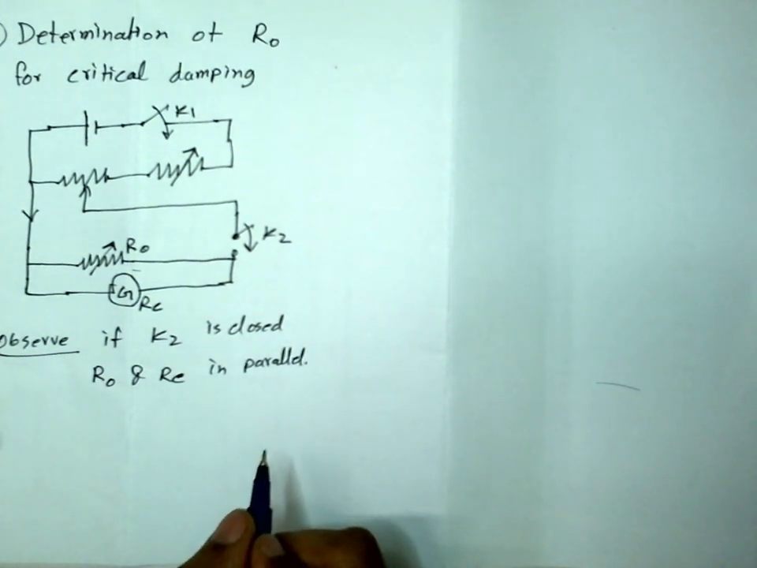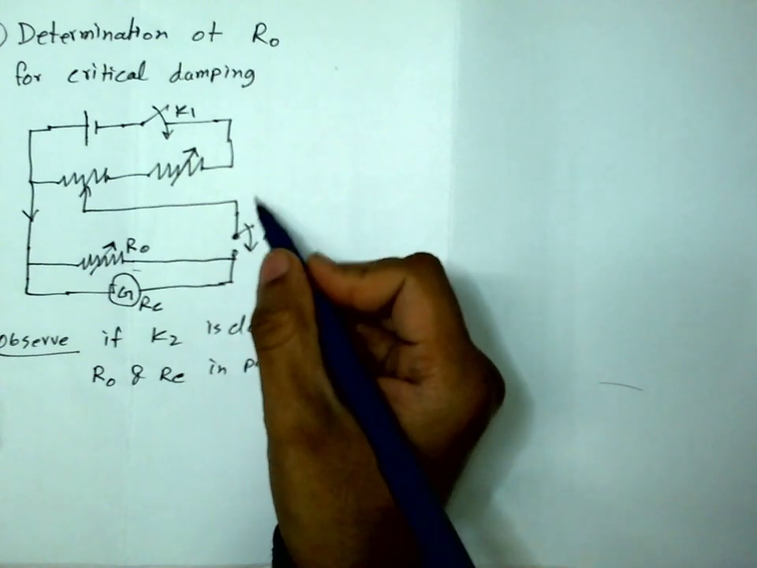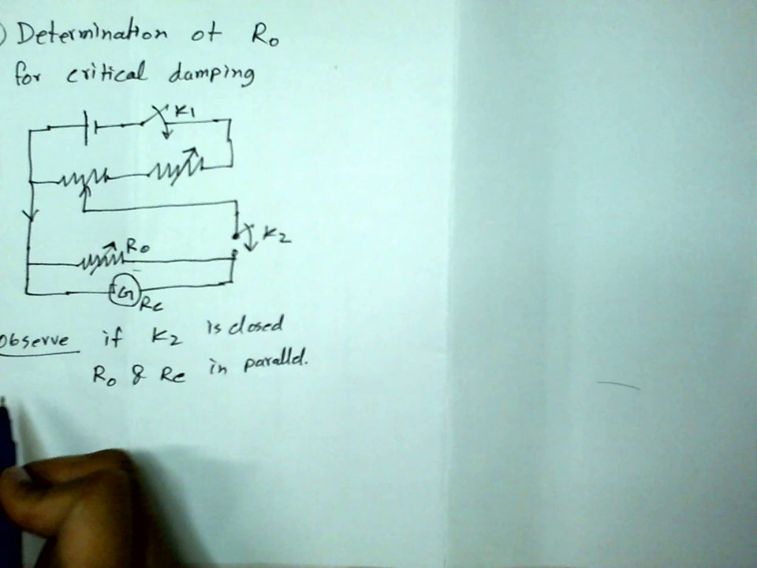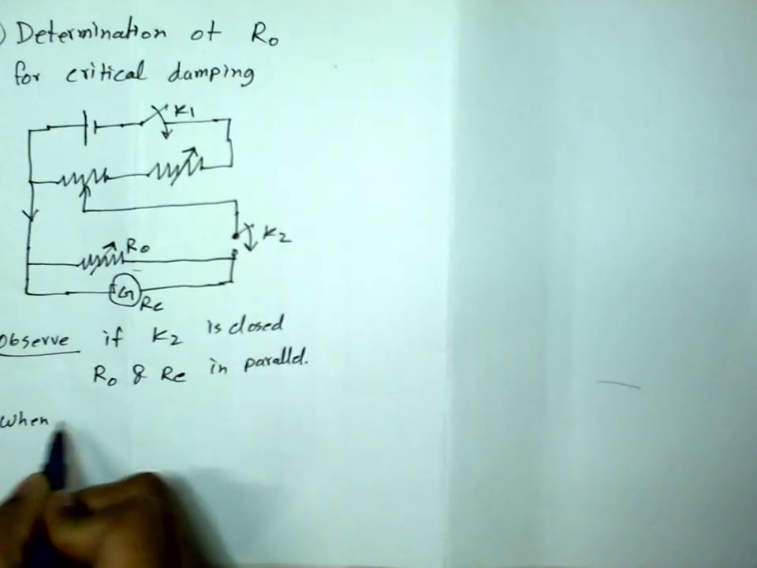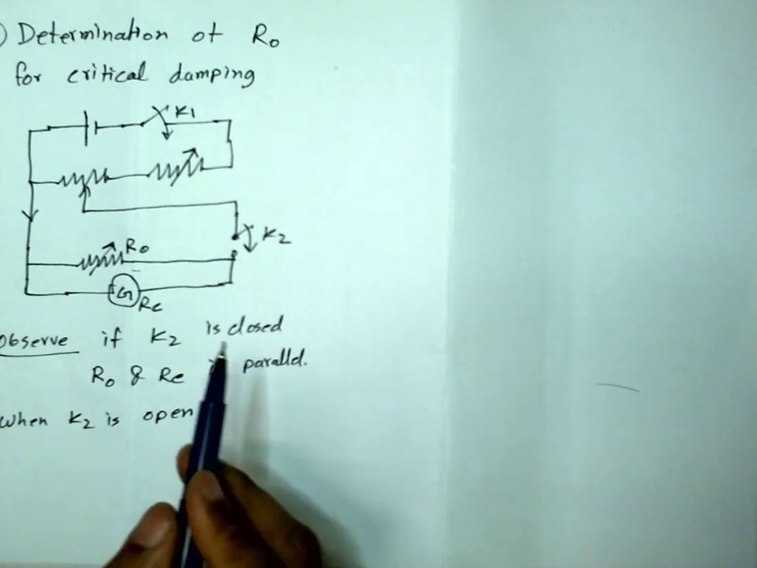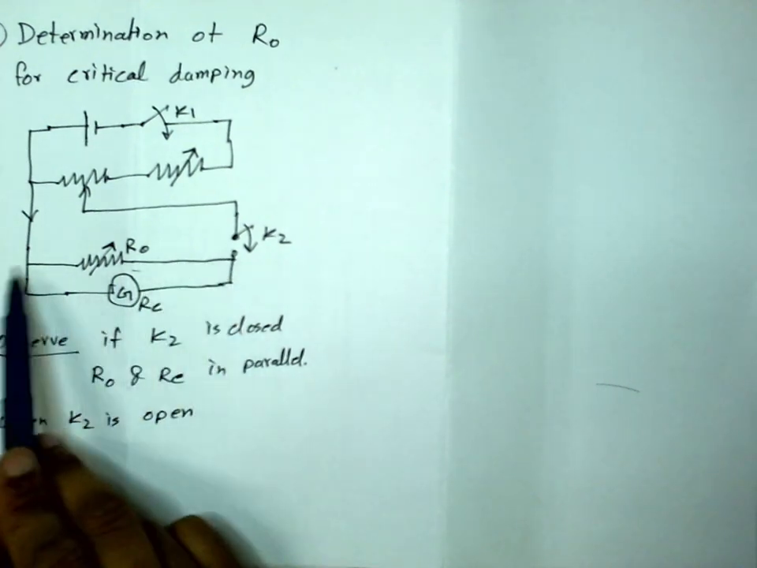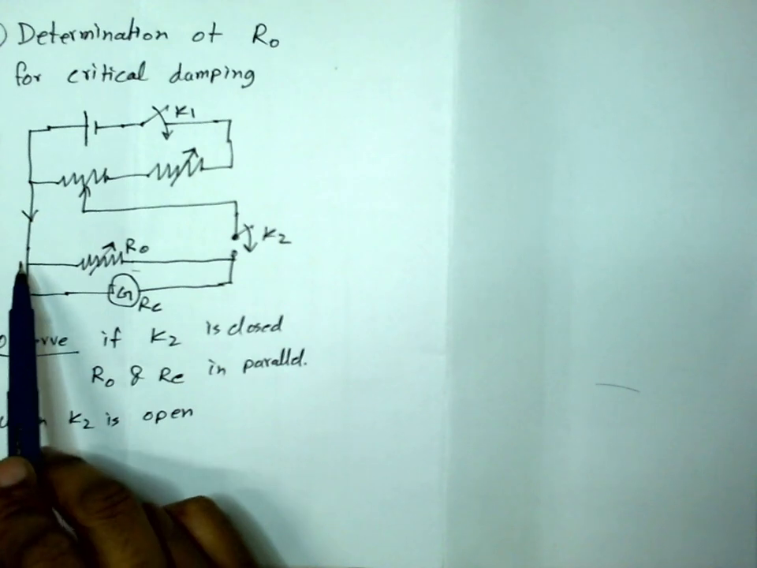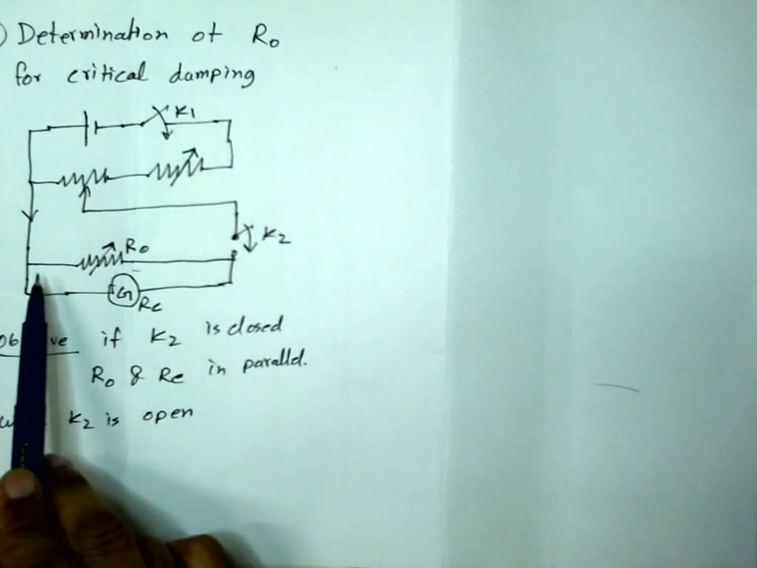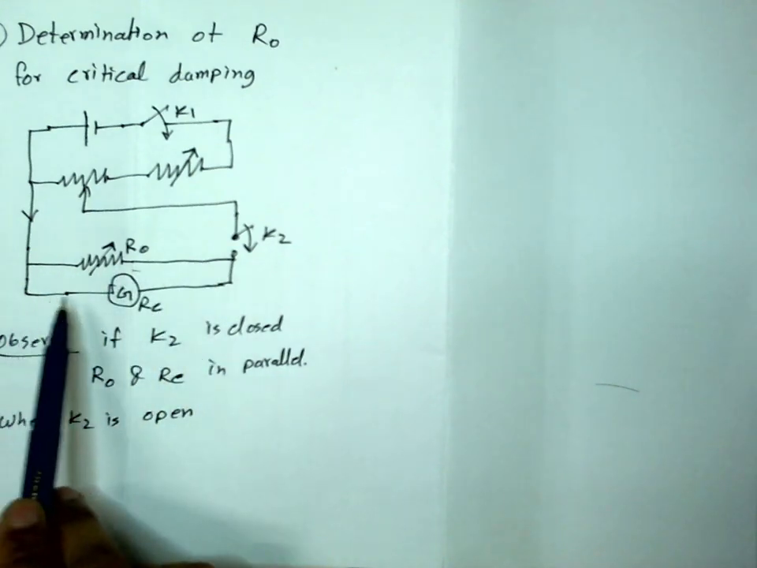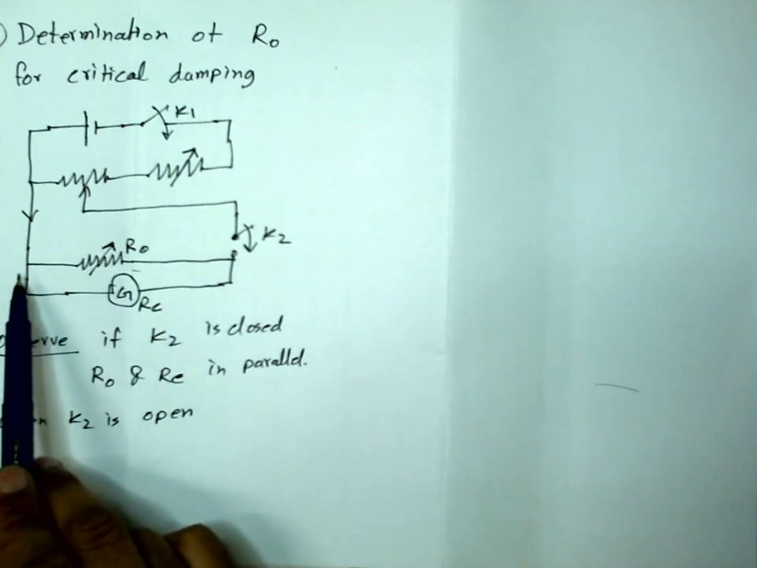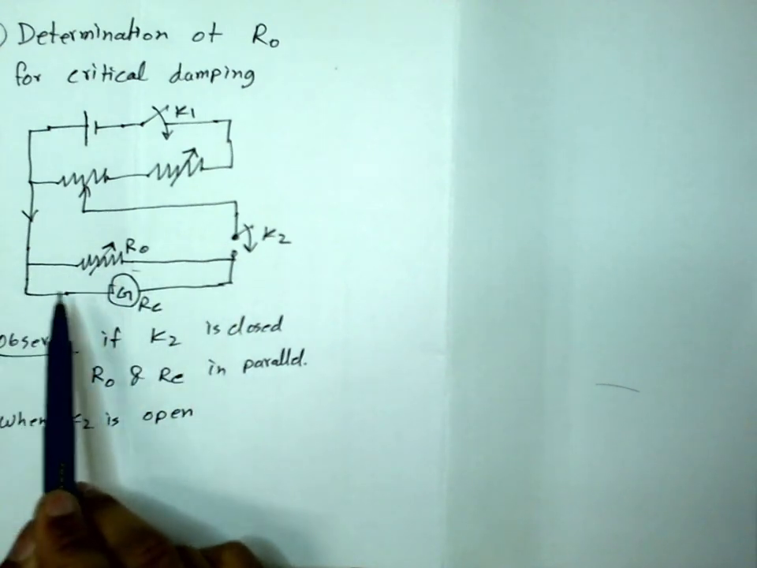Okay. Now if I open this K2 switch, when K2 is open, then here in the galvanometer circuit, the galvanometer is now completely disconnected from the upper part, and the galvanometer is only connected to this RO, and here they are in series,